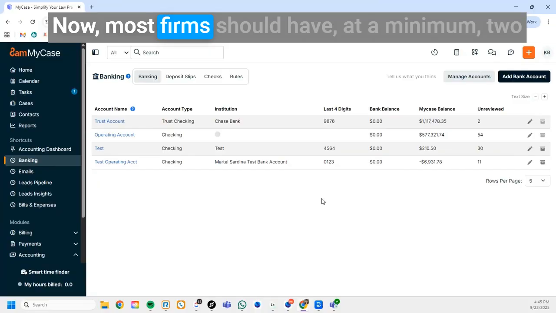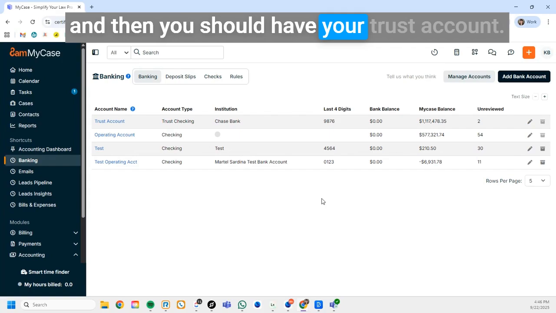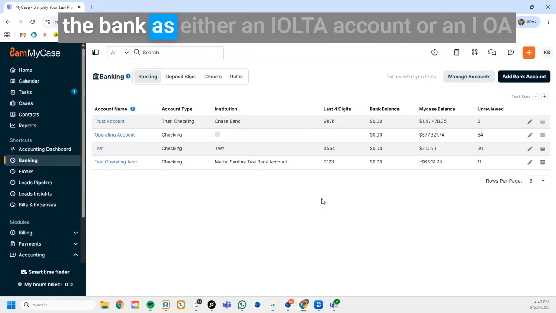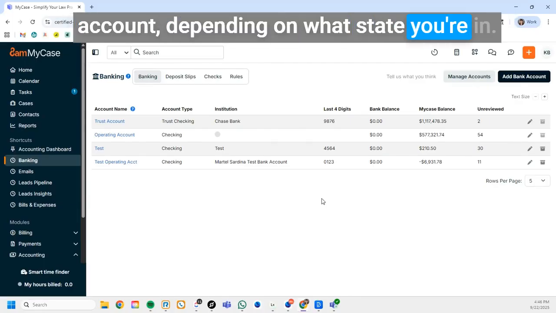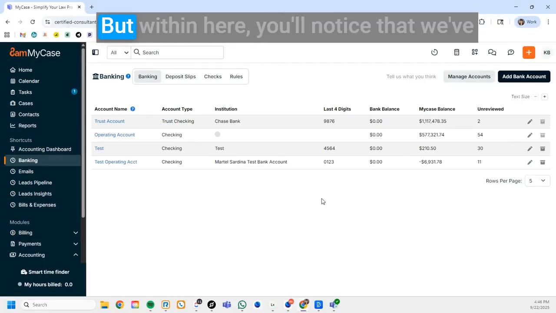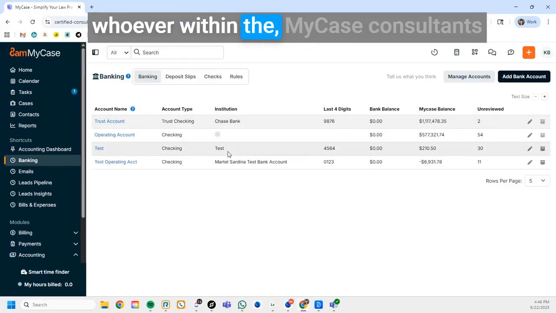Now, most firms should have at a minimum 2 bank accounts. You should have your operating account, and then you should have your trust account. Your trust account may also be referred to at the bank as either an IOLTA account or an IOLA account. Depending on what state you're in, there are slightly different names for the type of bank account. But within here, you'll notice that we've added several, we meaning whoever within the MyCase consultants have added in